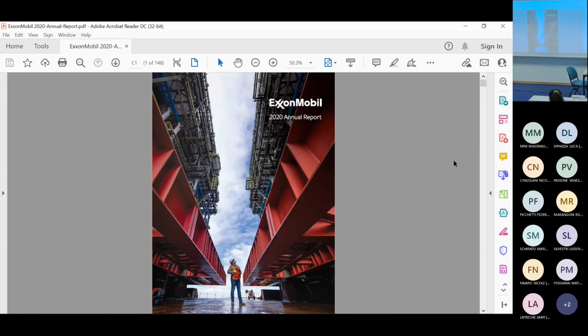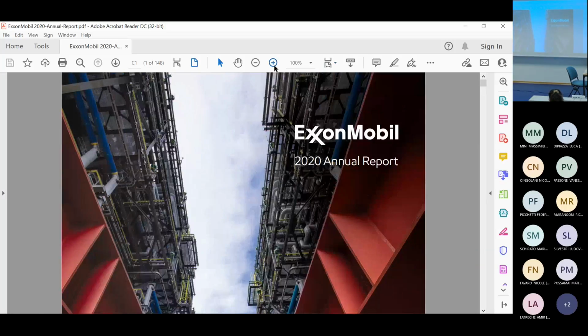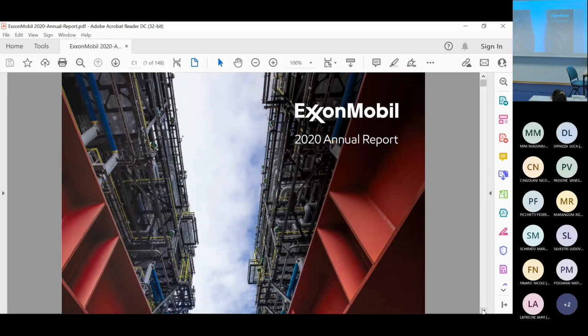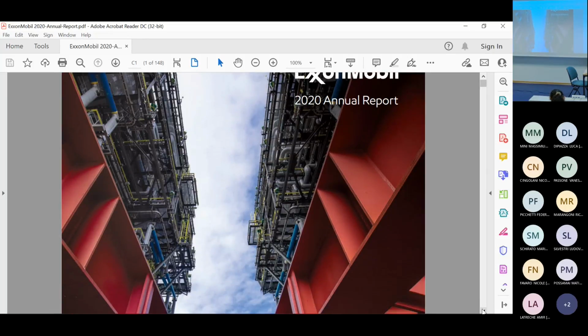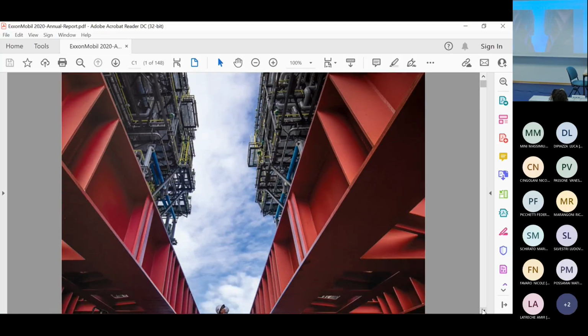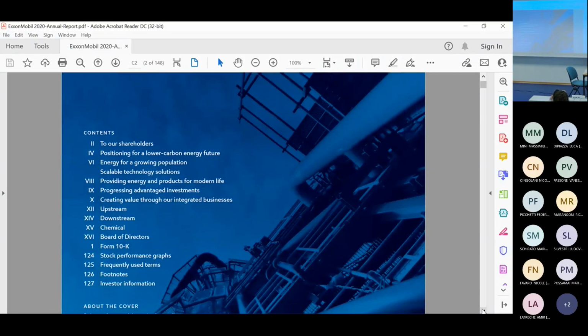Okay, so this is a company reporting under the US standards, so they are actually allowed to use LIFO. This is an oil company, one of the largest, I think it's the largest, and they use LIFO for their inventory of oil. So let's have a look at the notes to the financial statements, and in the past, all the oil